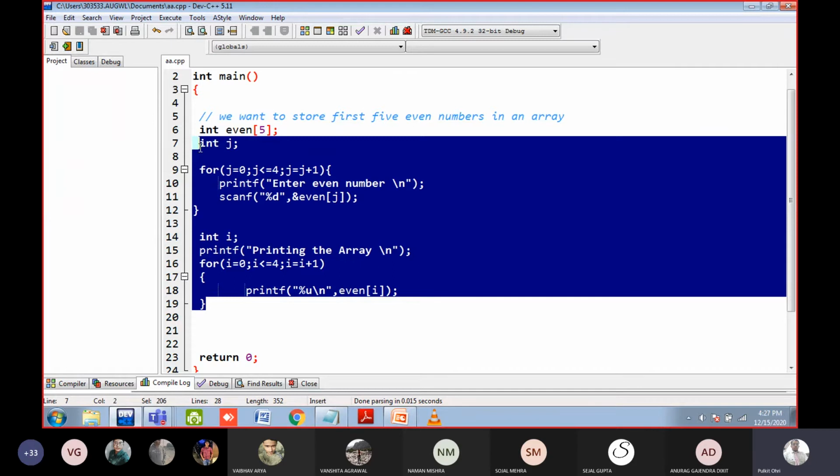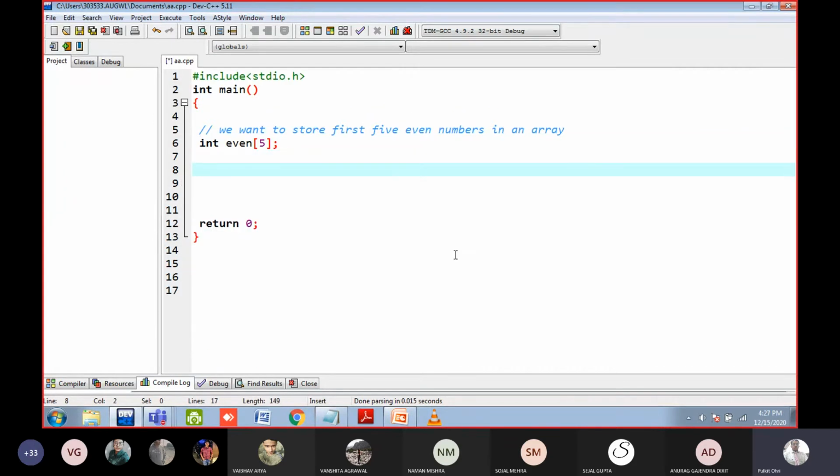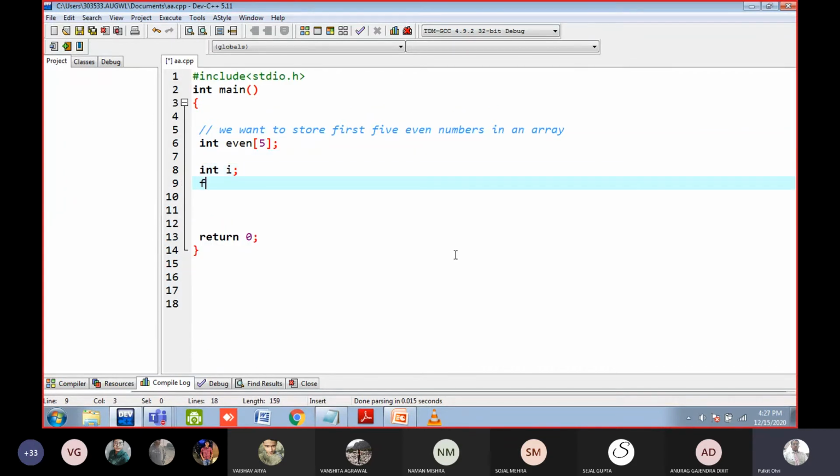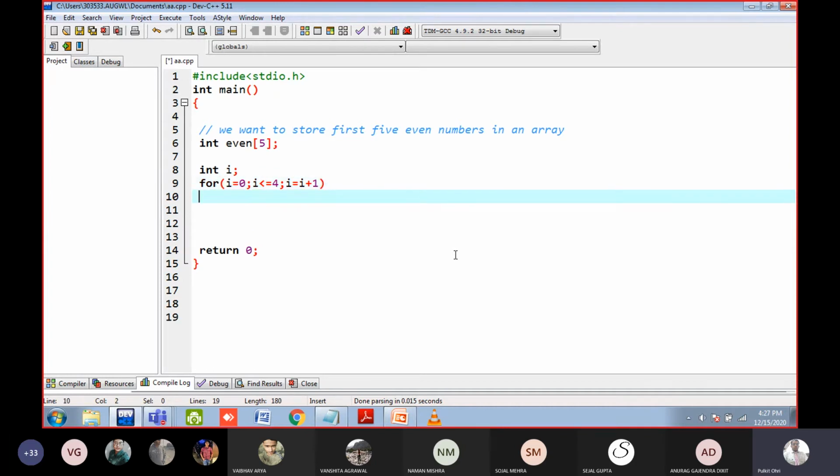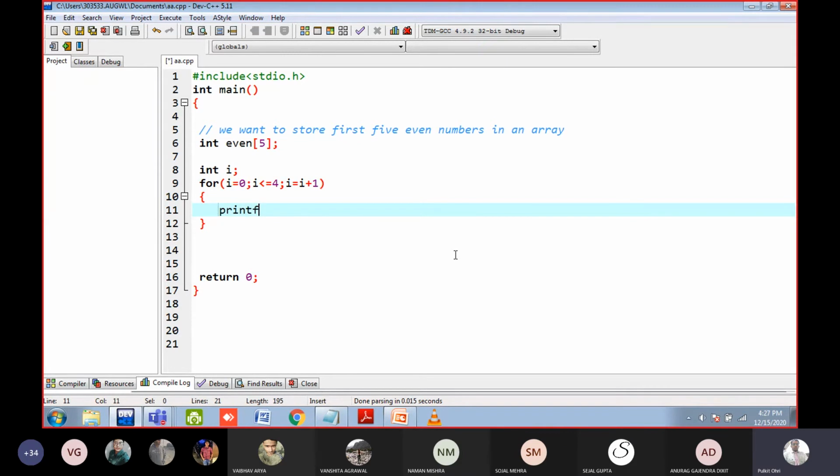Let me write a program and then I will tell you the answer, okay? I think I have told you that the default value of integer is 0, for float and double it is 0.0, yes or no? But the same concept does not apply here in the array. If you are not giving the values in the array, do not expect zeros, because the data type of array is integer, array will not fill zeros here, okay? It will fill garbage value. It is a different concept for the array.